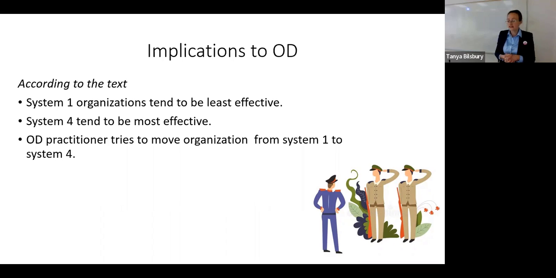I suspect that systems 2 to 4 work in different contexts. And, you know, some really high risk contexts are best managed in a competent authoritarian way, right? Those are situations where there's a lot of risk, where there really is one best way and there's no time or no reason to entertain disagreements or debates.